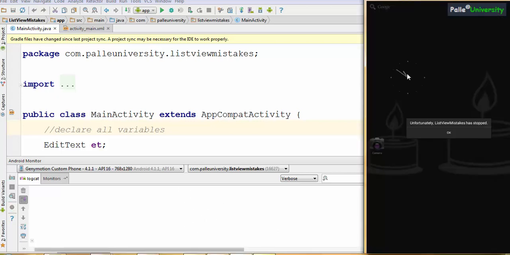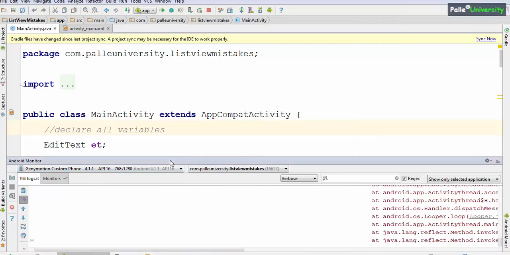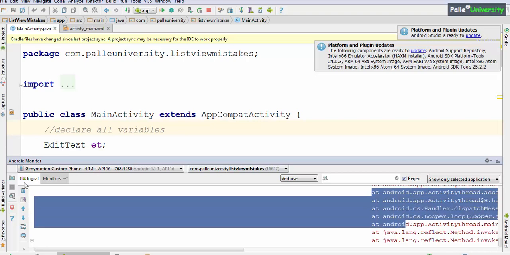You can observe when the application crashes, Android Studio will automatically pop up a window like this. This window is called the Android monitor window, where Android Studio will display the root cause for errors in red color error marks in a window called logcat. Logcat is a window where Studio will display all errors and log messages.